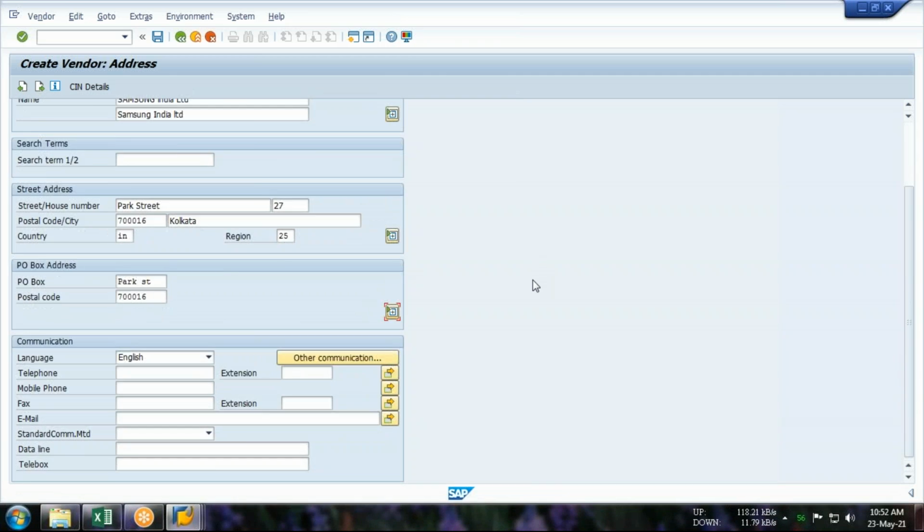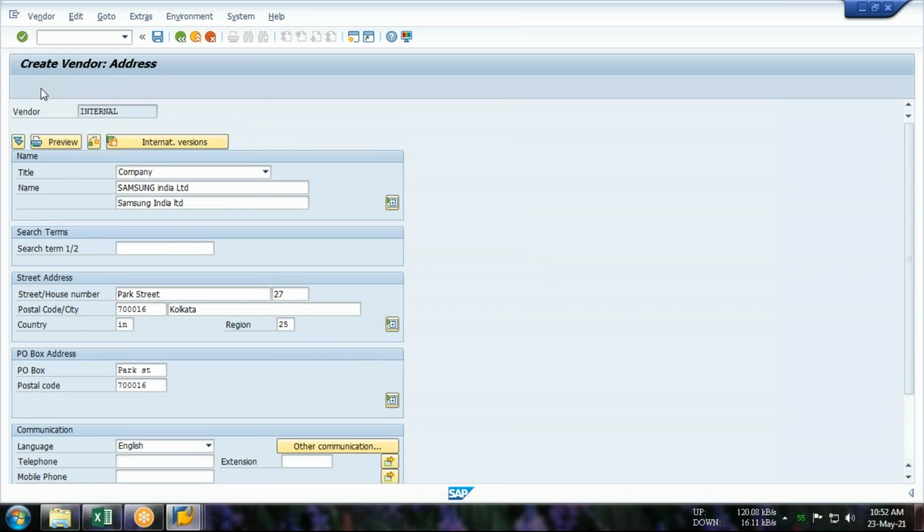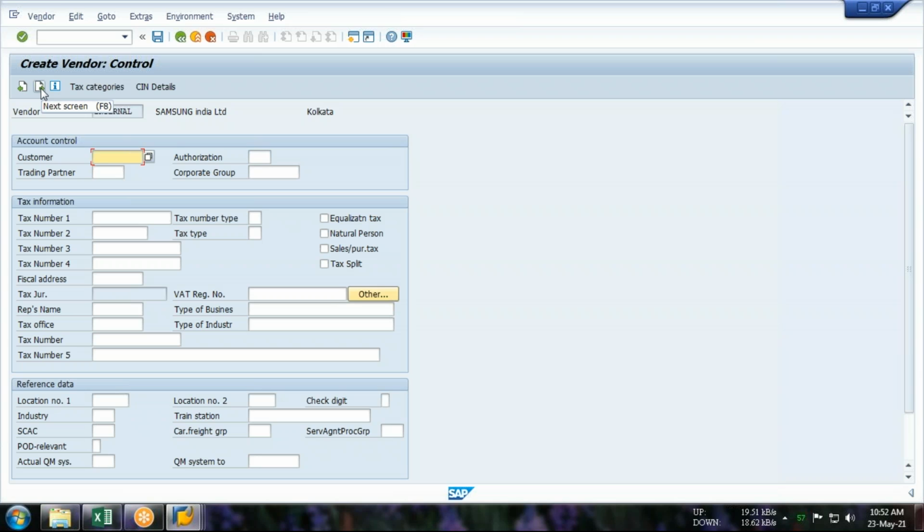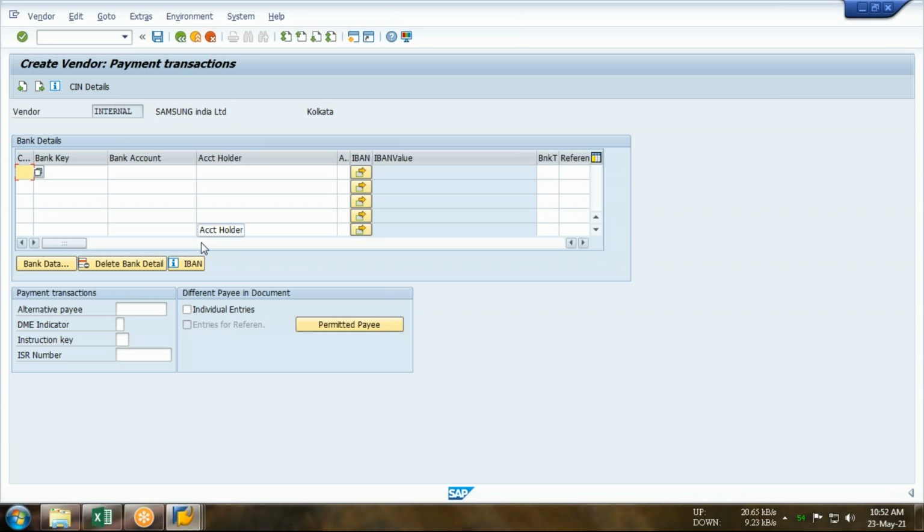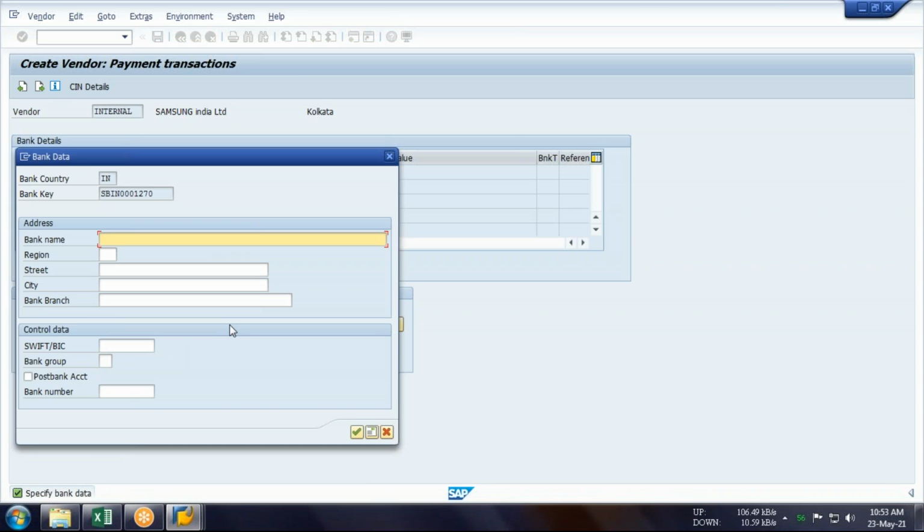Done. This is the first page. The second page is anything else, which is optional for India. Nothing to do with it. The third page is your vendor bank details, and details of the bank and branch.